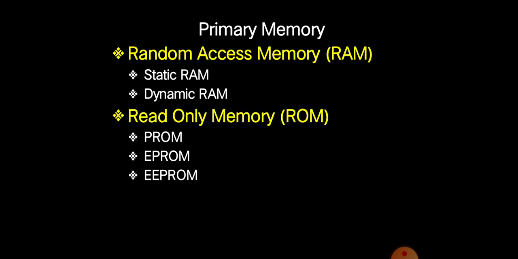My dear children, please compare static RAM and dynamic RAM about its speed, accuracy, cost, reliability, etc. While we are considering about read-only memory, it is having four classifications: masked read-only memory, programmable read-only memory, erasable programmable read-only memory, electrically erasable programmable read-only memory. So these are all the classifications of primary memory.